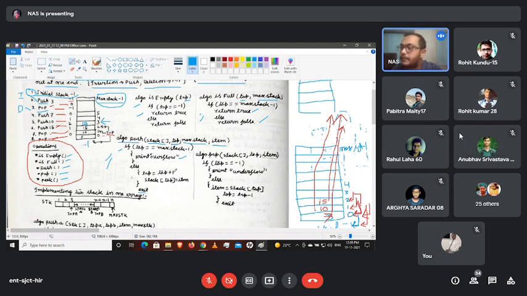First, top will be incremented with +1. So from -1 position, +1, it will come to the 0th position, and at the 0th position, the particular data will be inserted. And then again, if we are inserting any kind of data, what will happen? Again, the top will be incremented with 1. So 0 + 1, it will be at the 1st position, and the top will be showing that push your data or insert your data at this particular position.